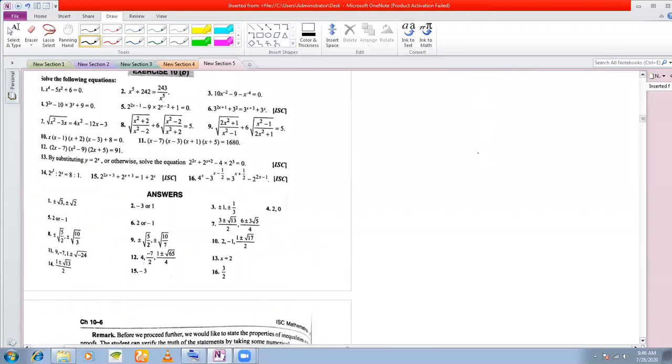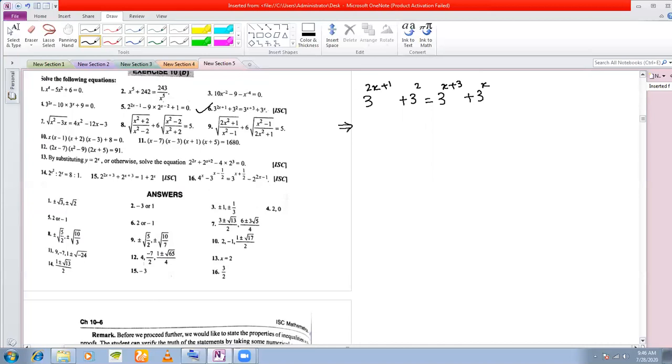Okay, now in the first category of sums comes this kind of sums. Number 6, let us see this. 3 to the power of 2x plus 1 plus 3 square is equal to 3 to the power of x plus 3 plus 3 to the power of x. Okay, now I want to solve this equation. I don't know whether this is a quadratic or whether it is a linear equation.